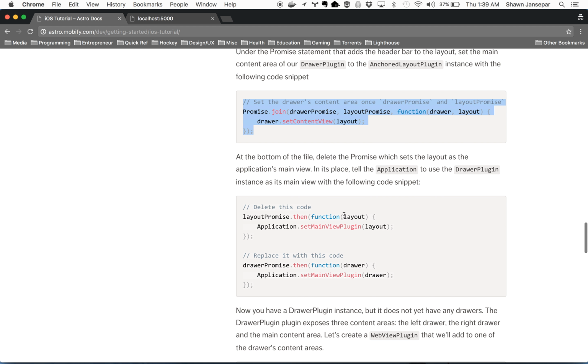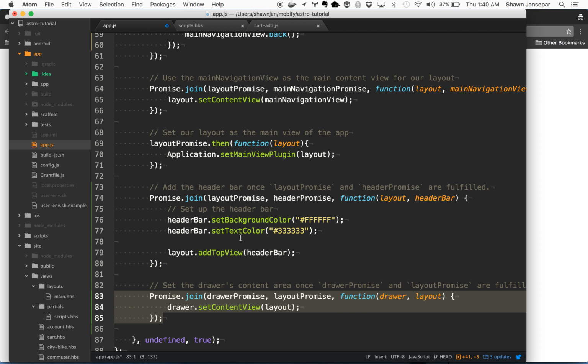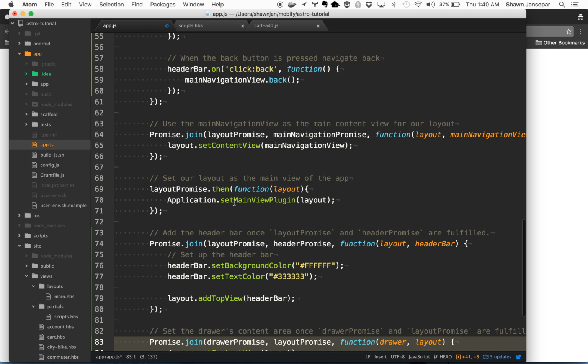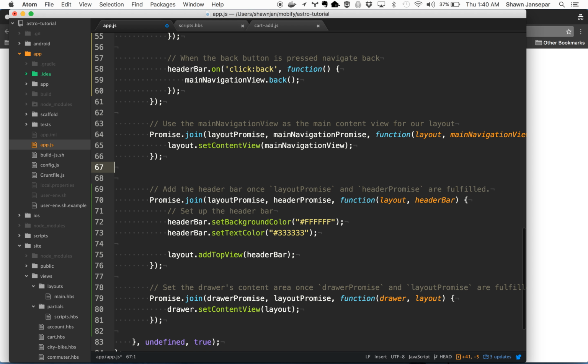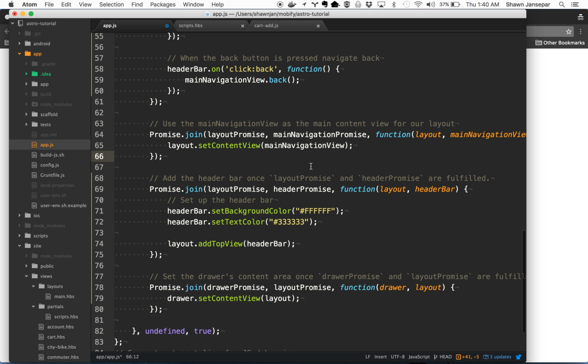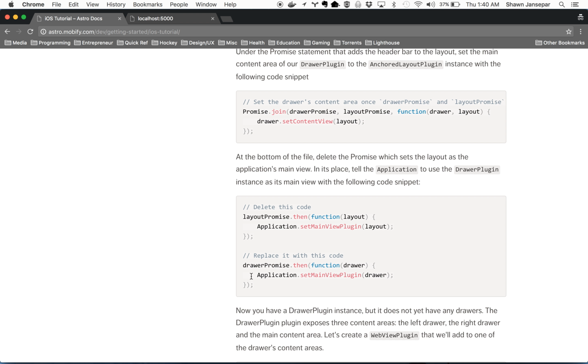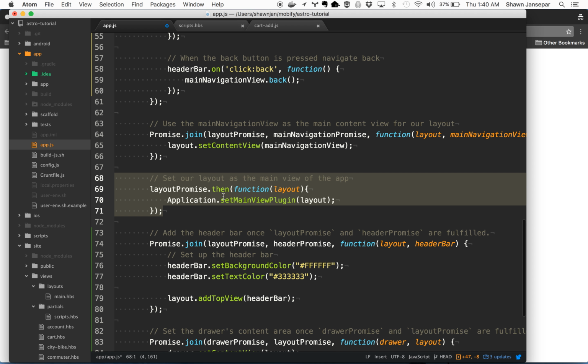And we're going to want to delete the code that sets the layout as the main content view. And instead, we're going to want the drawer to be the main content view. So you'll notice here we have this application.setMainViewPlugin method. That's the thing that says, hey, give me the root view that you want to render for your app. We're just going to delete that because we no longer want that to be our layout plugin. And instead, we're going to replace it with this. So I'm going to undo and